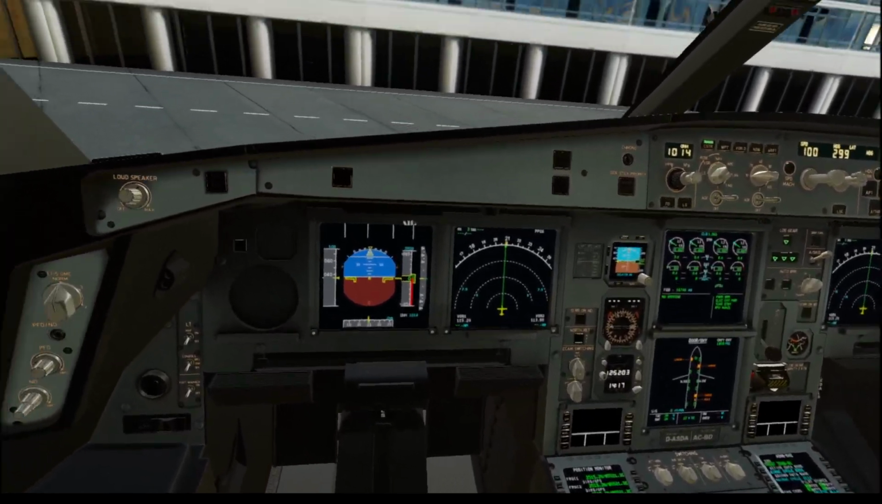Walker 1757, my chart doesn't seem to show Lima 4 Alpha. I have Lima 4, but